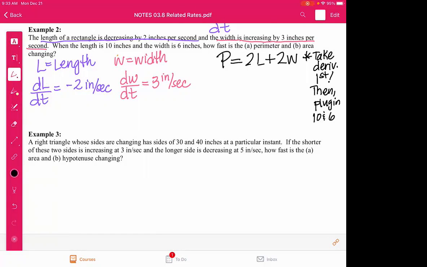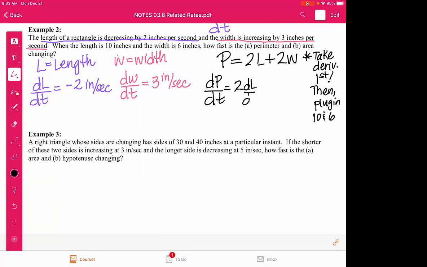All right, so when we take the derivative of this, this is the review. This will be dP/dt. And then when you take the derivative of 2L plus 2W, you have two different variables, and that's fine. Like in the last section, we had to get it all in terms of one variable. You don't have to do that for these. You're going to take it implicitly. So the derivative of 2L is 2